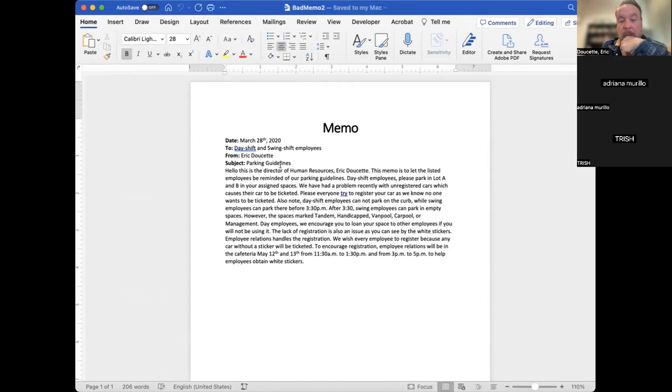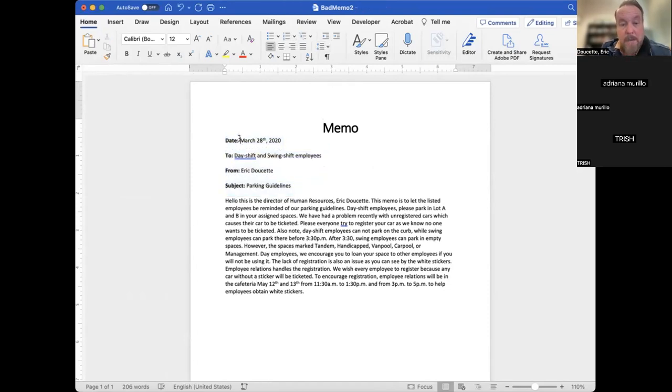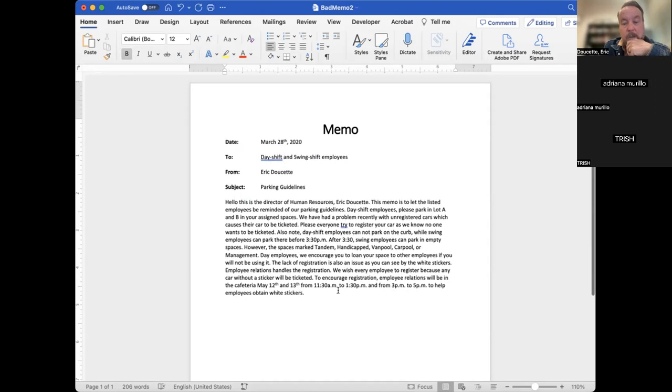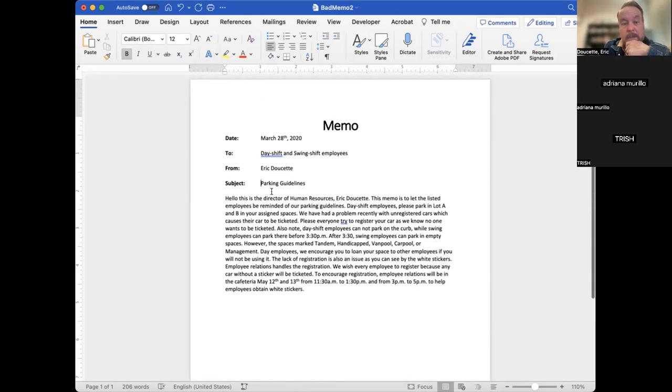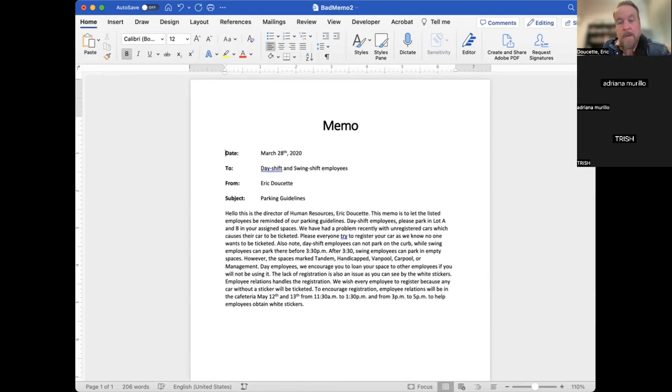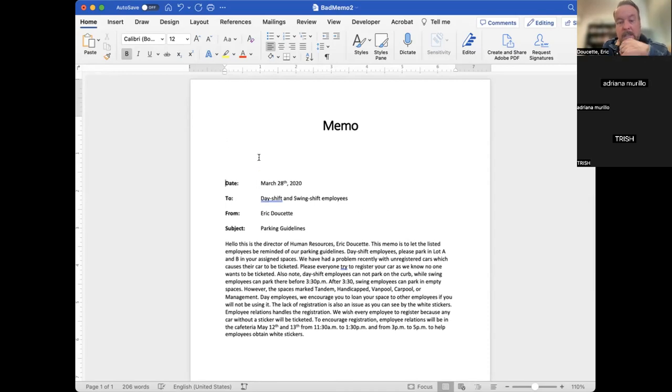Same problem again: everything's packed in one big long paragraph. In this case, though, they didn't format their memo correctly because they didn't make it double spaced, right? They made it single spaced, so they would need to make it double. And then, I didn't mention this, but a memo needs to have every line tabbed over so that they line up on the second part of each one. So now it's formatted properly. It's also not centered in the page vertically, so I'd bring this down like that to get it in the center.